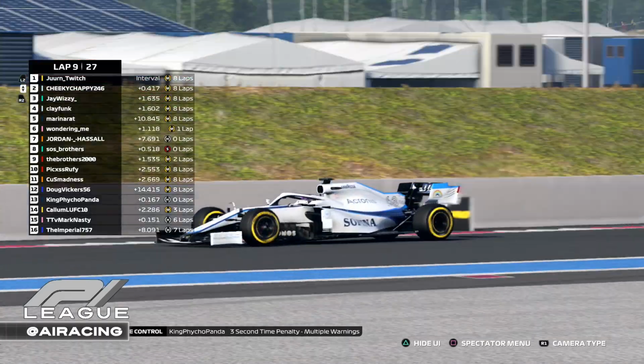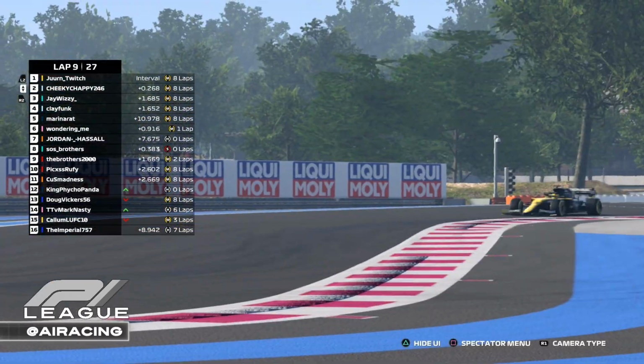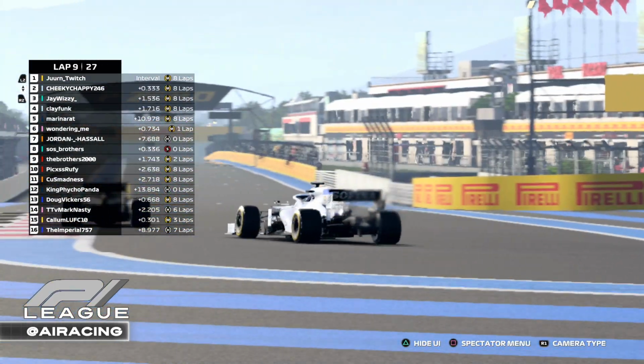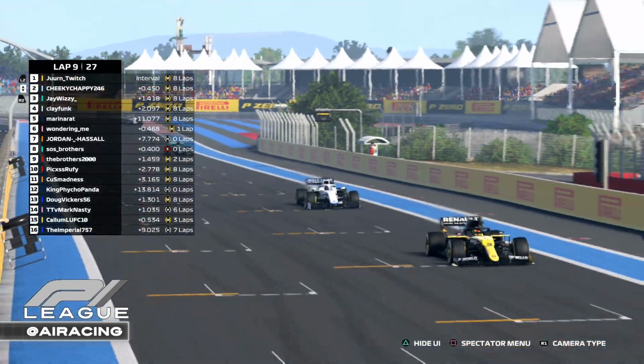Psycho Panda picks up a 3-second penalty, but at the same time, he's just overtaken Doug Vickers, so puts himself up into P12. As we approach the third of the way through the race,